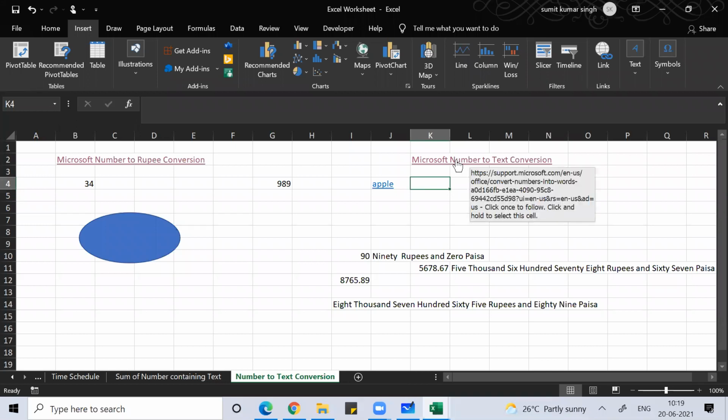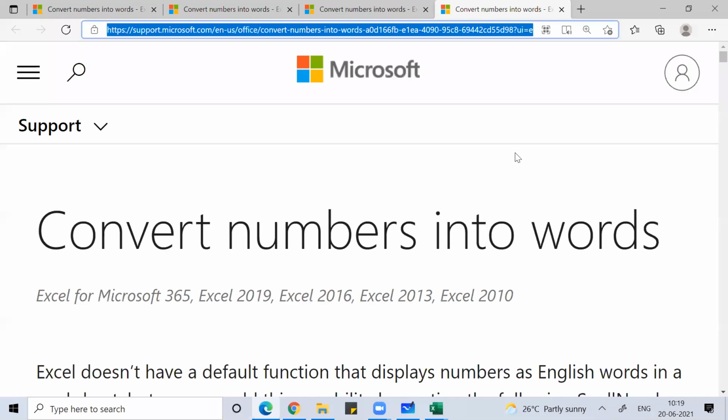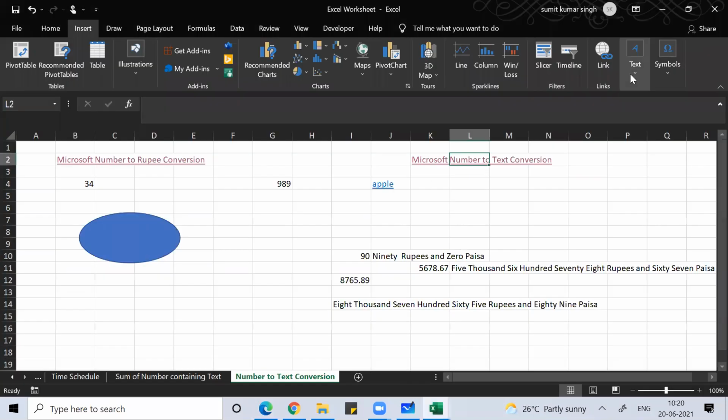it's showing you too many things, the HTTP and that complete web link. If you want to change this, you can do a right click. There's a problem with my mouse, so let me bring an external mouse. You just do a right click and go to Edit Link.